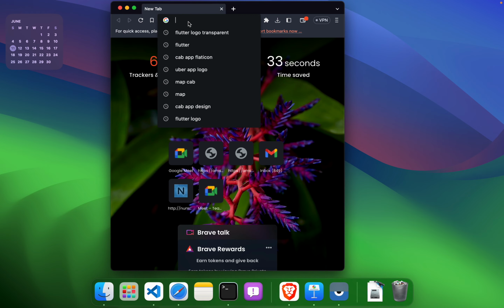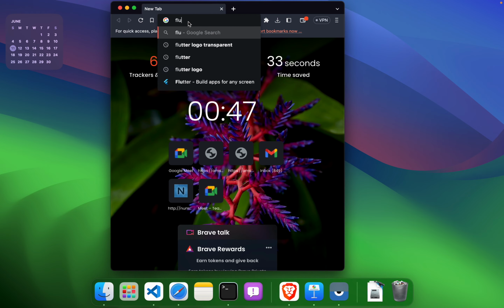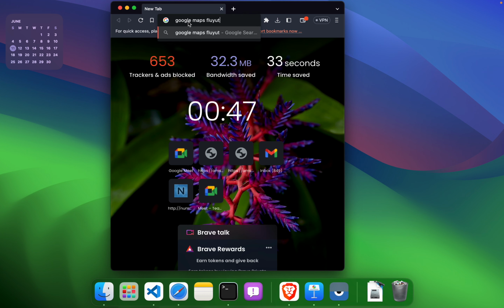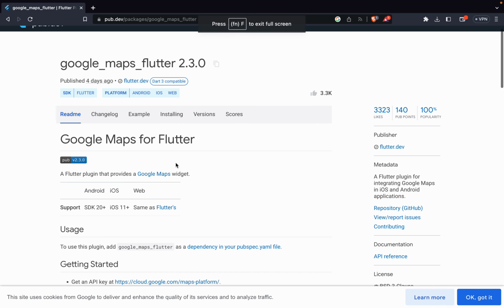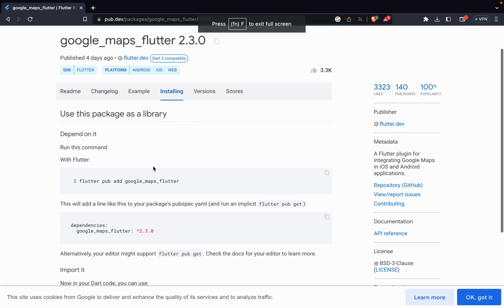So I'm going to say google_maps_flutter. So with this, we're going to have that package. We just install that, installing,